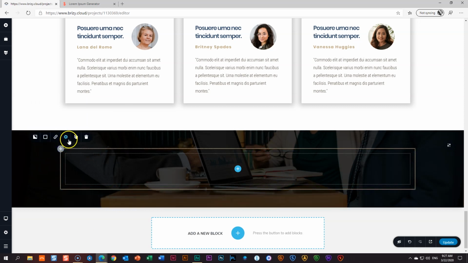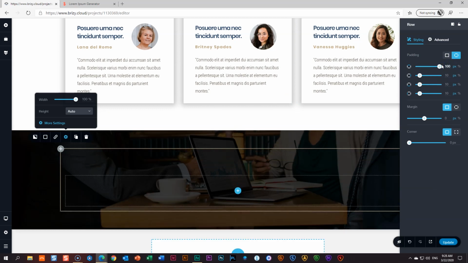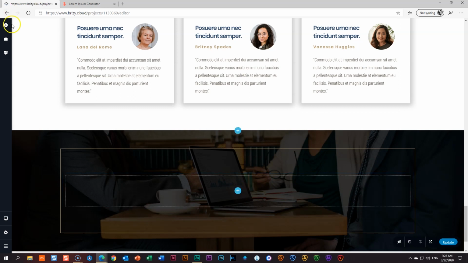Still with the row, go back to the settings, more settings, and then I'm going to delink the padding, and for the top, where is the top here, I'm going to add 100. Let's see, 100 is what I want, and at the bottom, another 100. That's what I want. Then I bring in a text element,